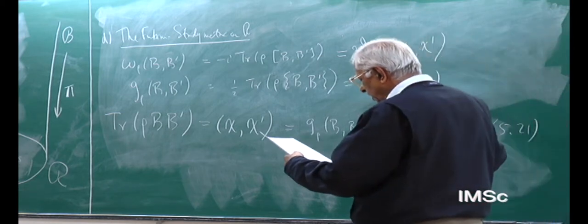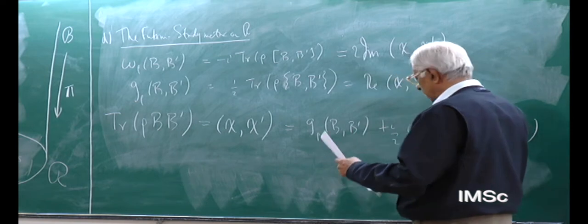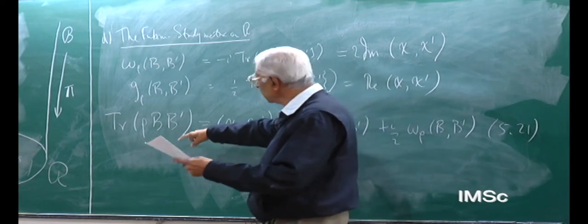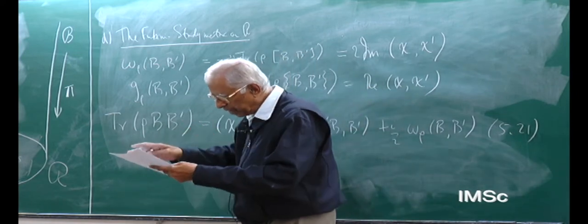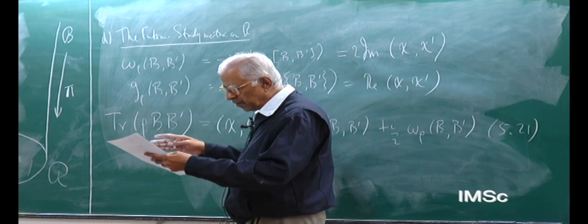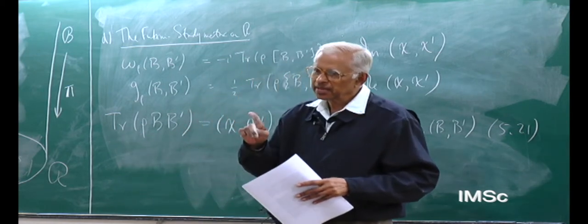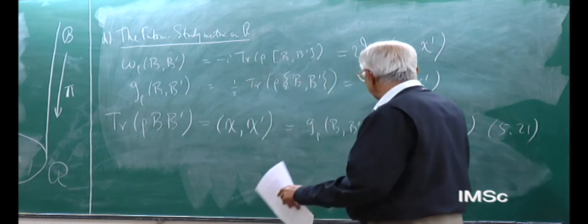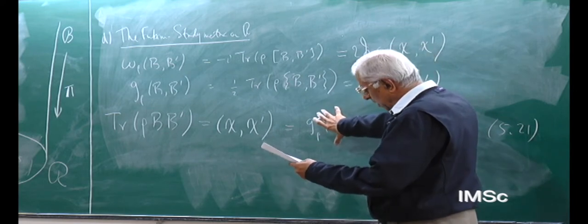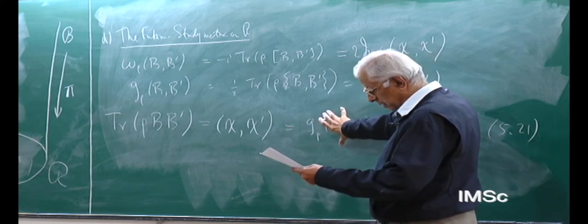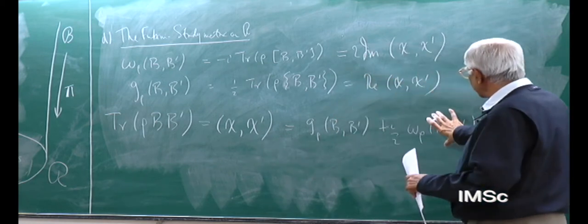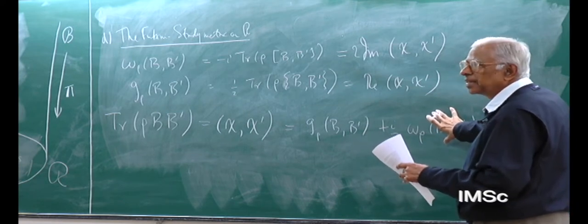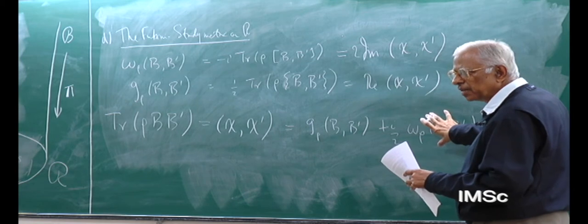So the Riemannian metric and the symplectic structure are both determined on ray space, both determined by Hilbert space scalar products, the real part and imaginary part respectively. From the geometric phase perspective, which is what I have been developing all along, the situation is as follows. Geodesics are determined by this part. Geometric phases are determined by this part, in the sense that geometric phases are symplectic areas. Symplectic means coming from here.